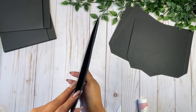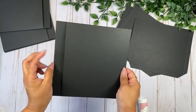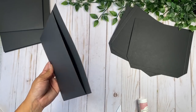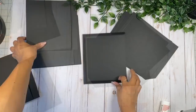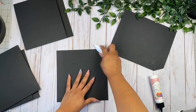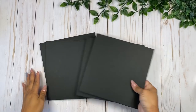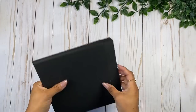And there you go. So now we have our double pocket page. We have one here and one pocket there as well. So now we're going to repeat the process for all the other pages as well. So now we have all of our 4 double pocket pages, and now we're gonna do a couple of simple